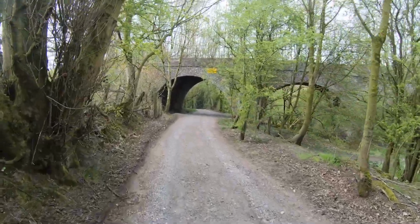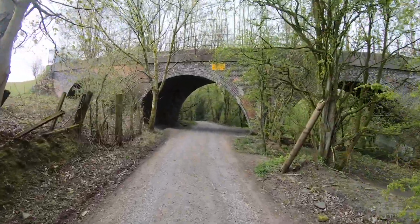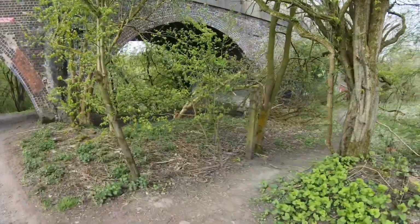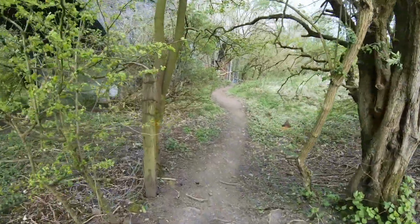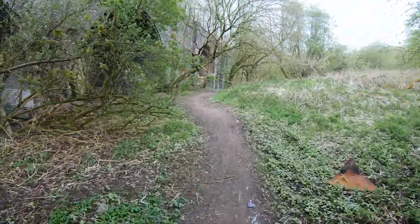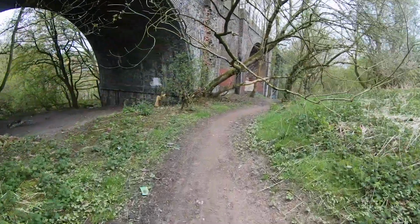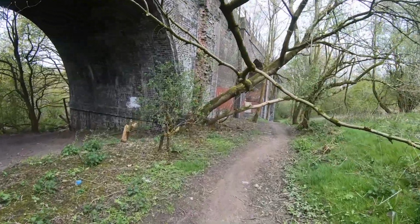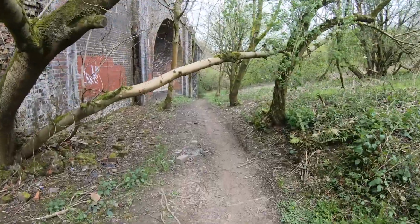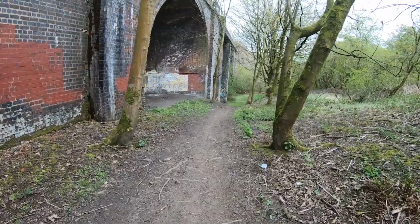Carry on down Pendlebury Lane and you come to a proper bridge. The viaduct and the archway and everything is still actually here. If you just turn to your right off the path, follow it down, watch your heads on the branches. It is quite accessible, this path. Probably get a bit muddy when it's been raining, but right here in the middle